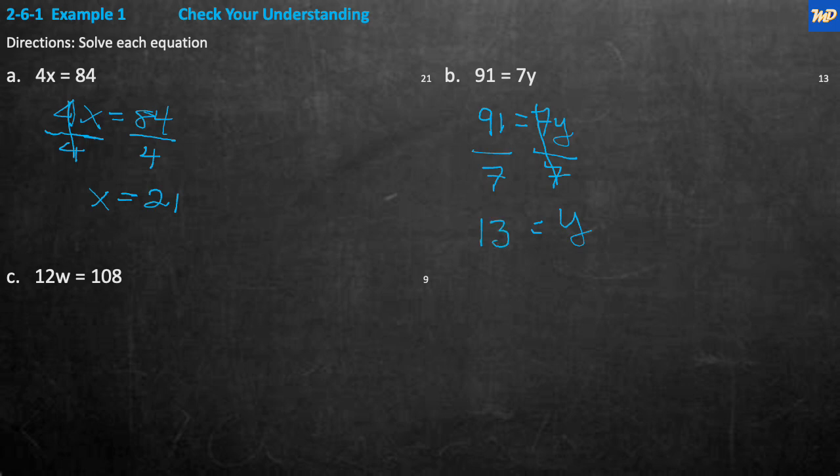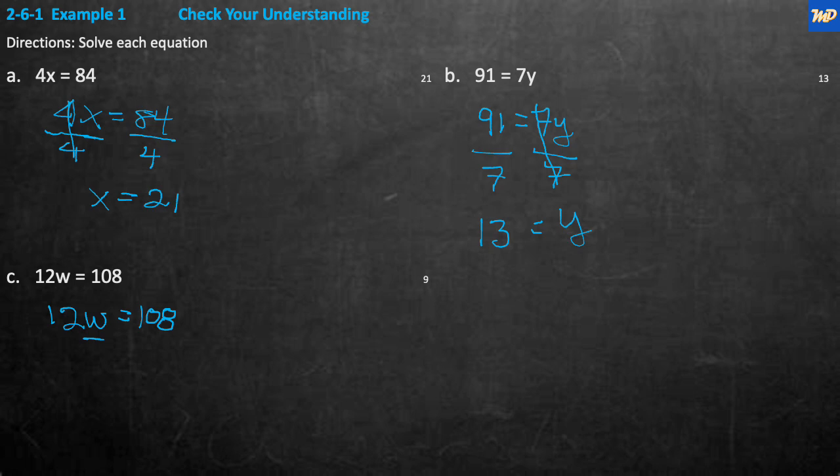Going down to C. 12w is equal to 108. Okay? Again, what are we going to do? We're going to get the variable that's on the left-hand side by itself. It removes any multiplication or anything that goes along with the w. We need a single w, one w. In order to do that, we're going to have to divide to get rid of the multiplication on the w,